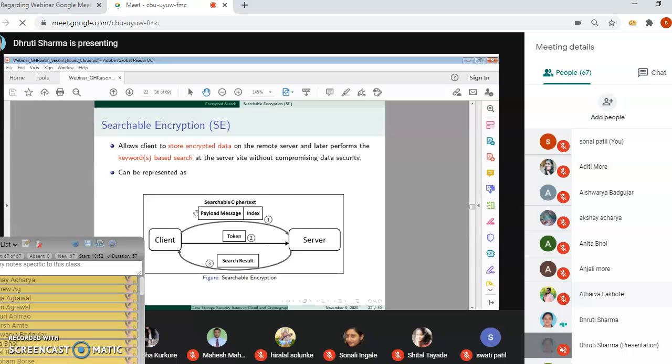And once all such ciphertexts are uploaded to the server, now the server has a collection of such searchable ciphertext. As and when the client requires to perform search across data, he has to send a special token to the server. Now this token is based on the query selected or chosen by the client. Afterwards, the server applies this token on the set of ciphertext, and then the server sends the